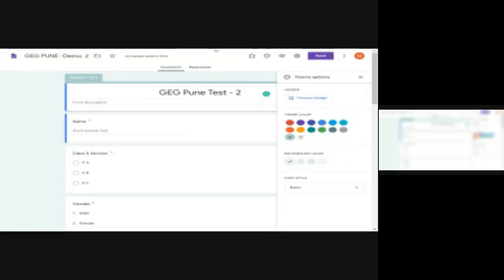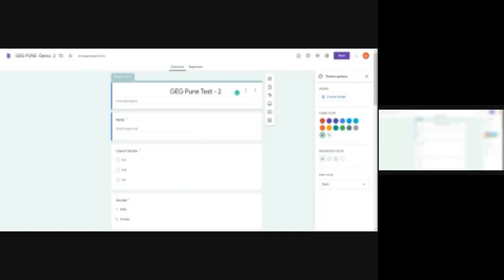Personalized in the sense that here we have a few options, one of which, the preview option, we had already seen. If we go to the settings option, this also we have already seen. Now there is an option known as customized theme. What is the meaning of customized theme, how is it useful, and what effects will it give to your Google form? I'm clicking over customized themes. It has different options. First of all, we'll look at the color option.